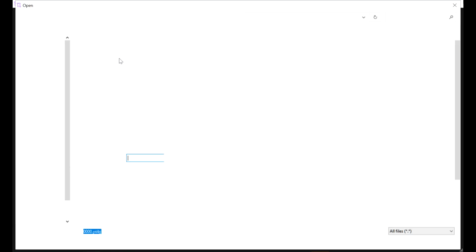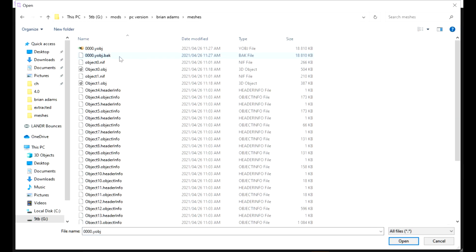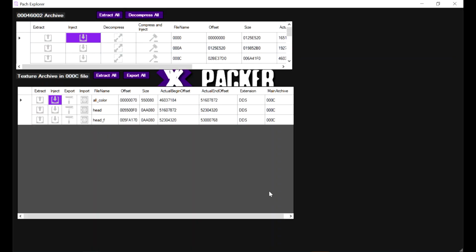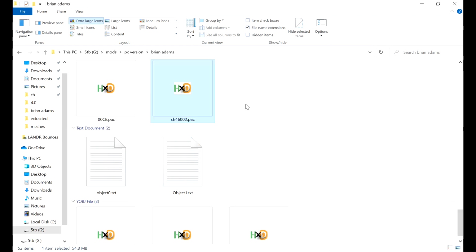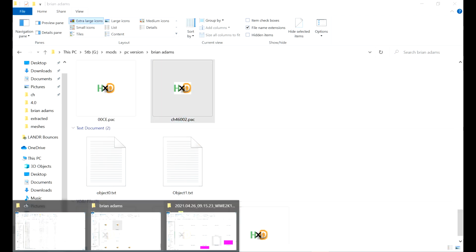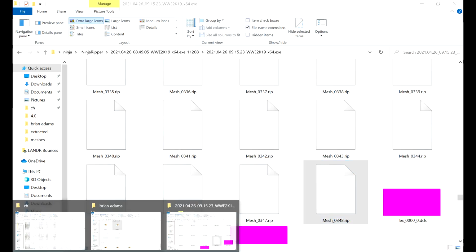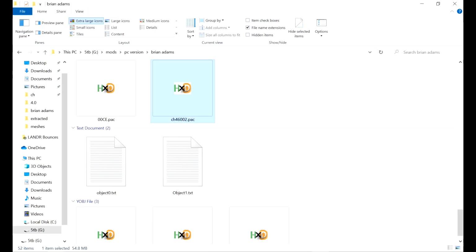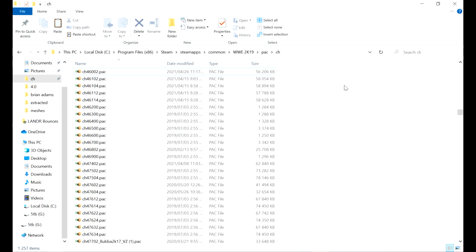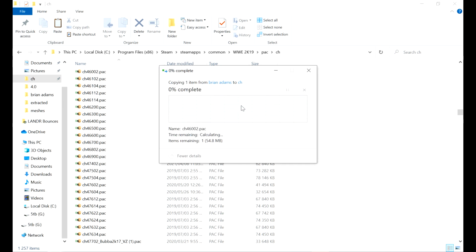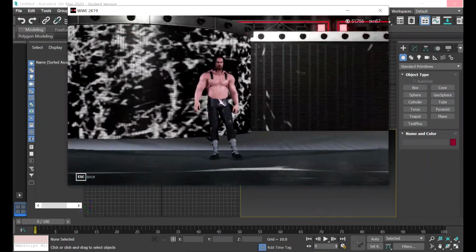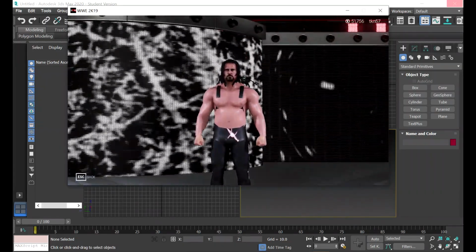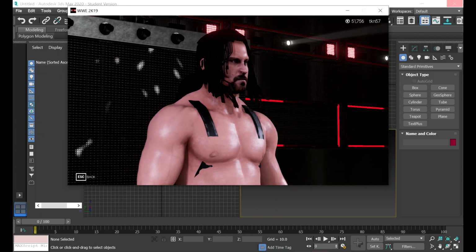Let's click on inject and inject that custom object file again back into our pack file. And now let's copy this back to our game directory. If you look at the mesh now in game, you'll see that the mesh is moving correctly with the